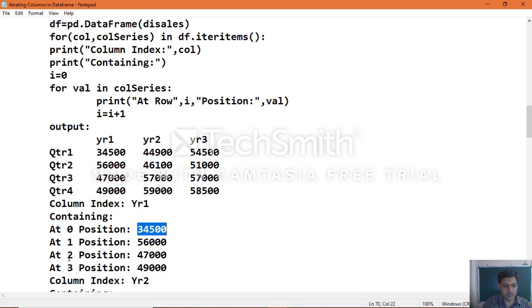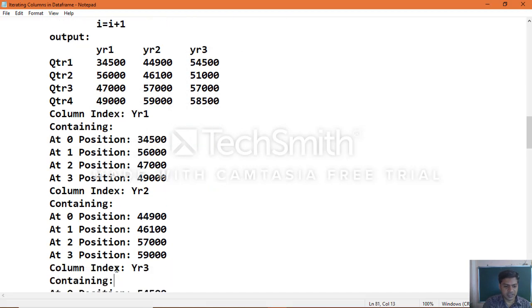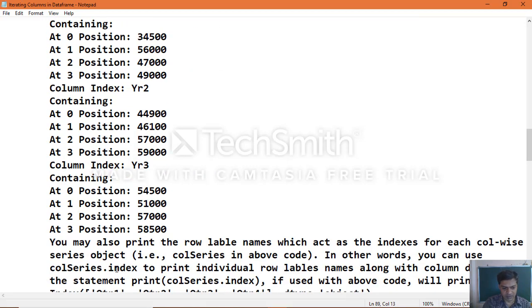Row position 2, the value 47,000. Same way position 3, which you see 49,000. Only for that vertical subset, column values, we extract with the help of positions, and same way year 2 we will be able to extract sales details, and year 3 sales details we will be able to extract.